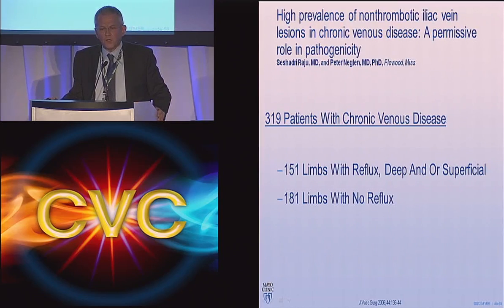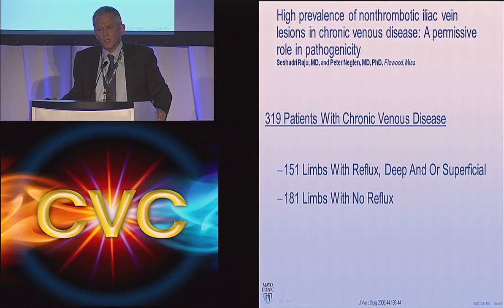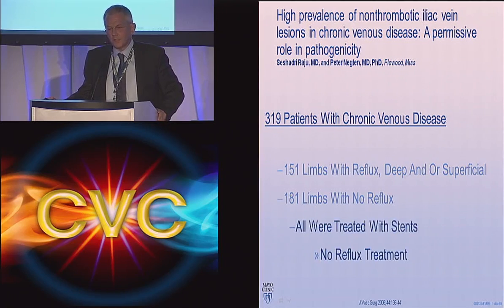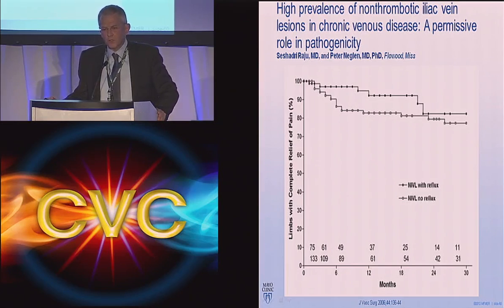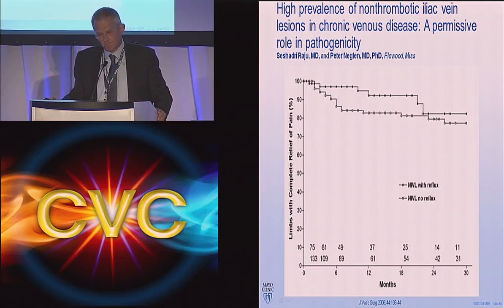This is one of the papers from Raju and Neglen demonstrating use of stents in patients with leg swelling. A portion of these patients had no reflux, and another part of the group had reflux. They decided to treat all of these patients with stents, but not address the reflux at that time. They demonstrated that there was a significant improvement in the patients' symptoms, both the reflux group and the non-reflux group. In other words, those are patients that had not had a thrombosis previously